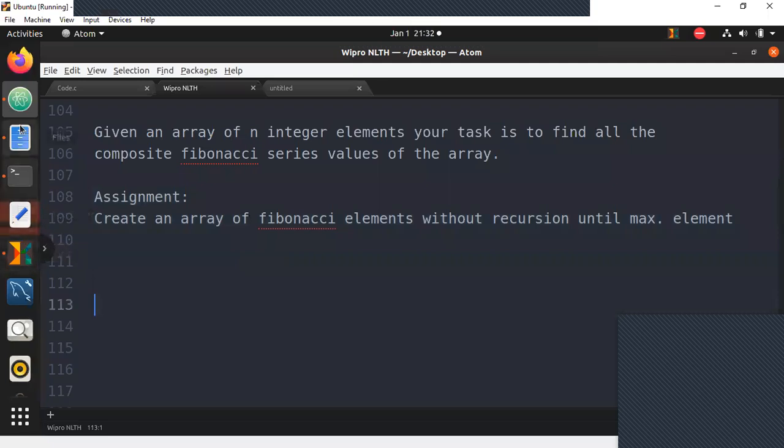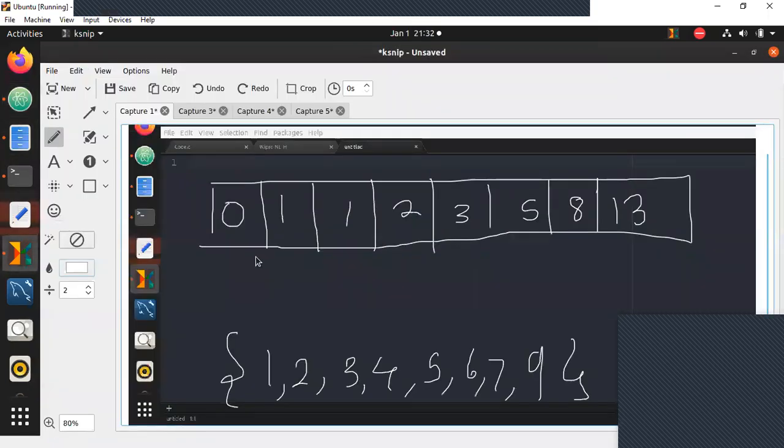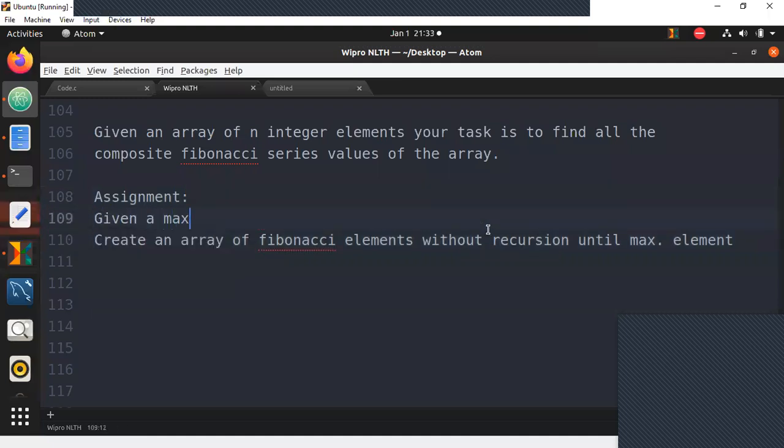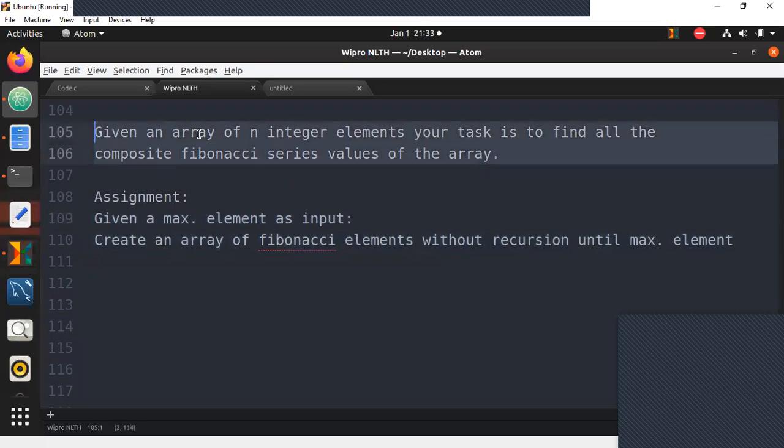The max element itself will not be given as input; you will get the array in which you need to find the maximum element. All I want you to do is, given a maximum element as input, create an array of Fibonacci elements without recursion until that maximum element. We will use this concept to solve the problem tomorrow.